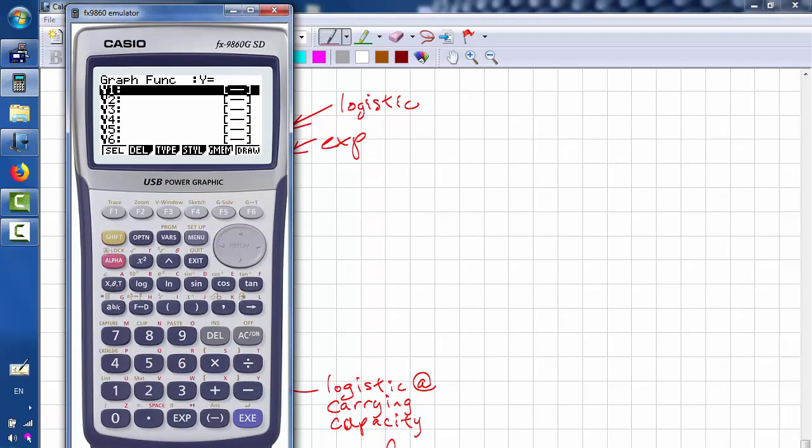Okay, let's enter this in. We have 10,000 divided by bracket 1 plus 24 e to the power of negative, and we need a bracket for this, ln 36 divided by 11 bracket x, and we need 2 more brackets, and we have 400 e to the power of bracket x ln 3 bracket. We have 8,000,